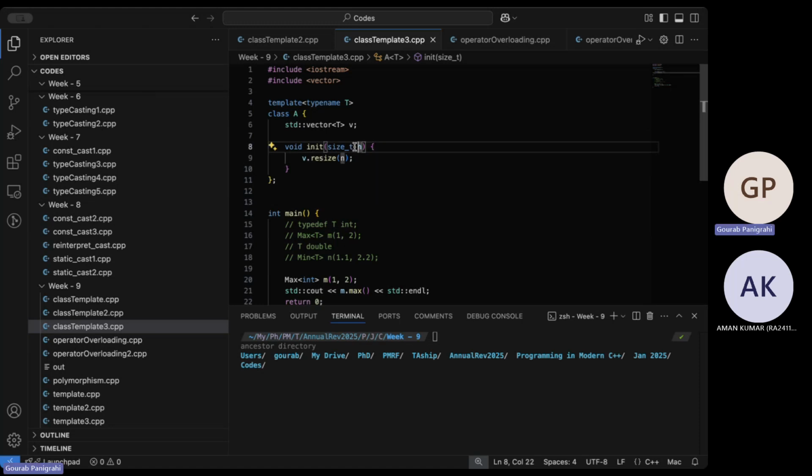It takes n and resizes it to n, and this is my vector. The nice thing about all this is that it works for any data type, and it just depends on whatever my data type of the class is. Automatically, the data type for this vector v is known. The resize also takes care of how many it has to resize, and the total bytes it has to allocate is already known because of the data type of the vector. Yes, you can absolutely do this.